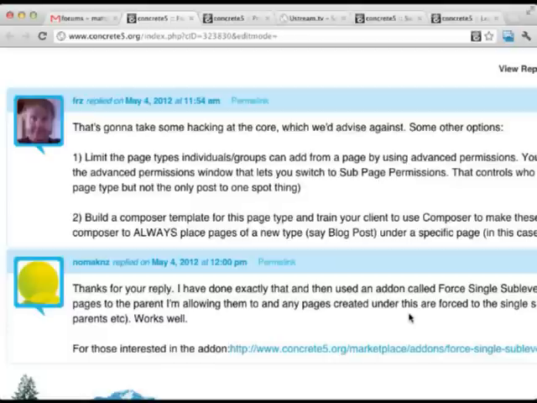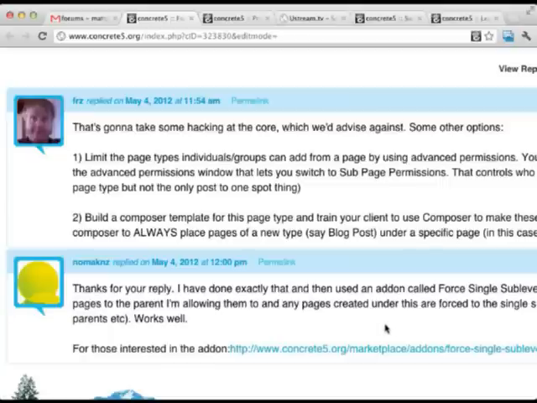The other answer that I was able to come up with is use Composer. If you haven't ever played with Composer, it's right there in your dashboard drop-down if you're in a recent version of concrete5. It gives you a centralized interface to add, draft, even edit content in a more traditional web form based way. Another nice benefit is you can launch it from any page, and once you've made a page type composerable, you can actually limit where it'll add that page.